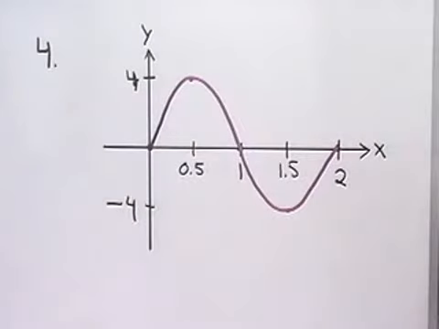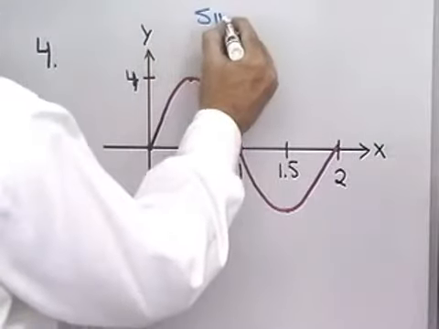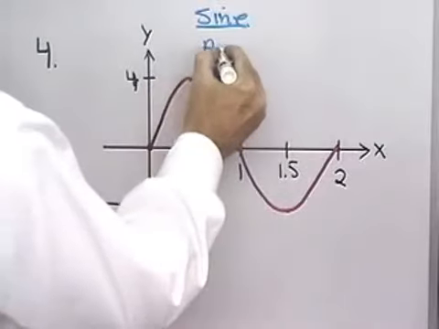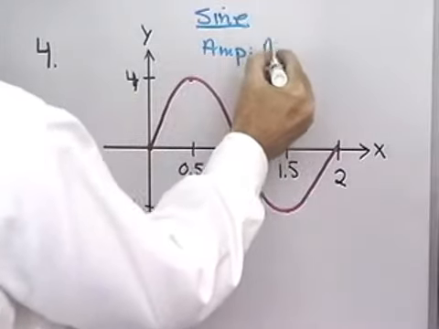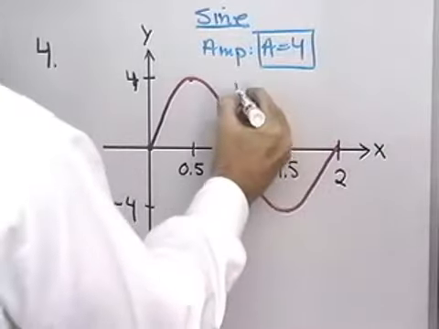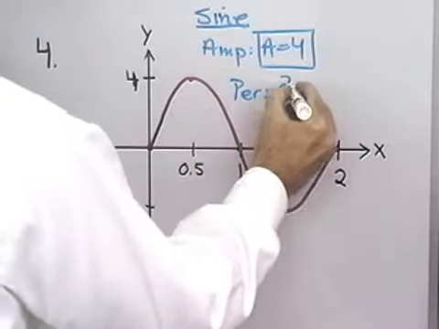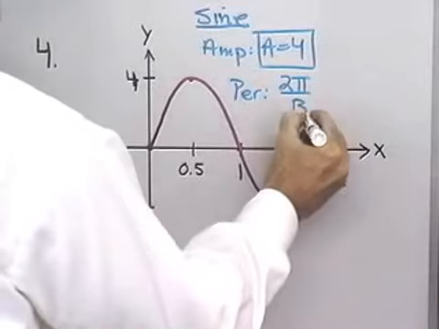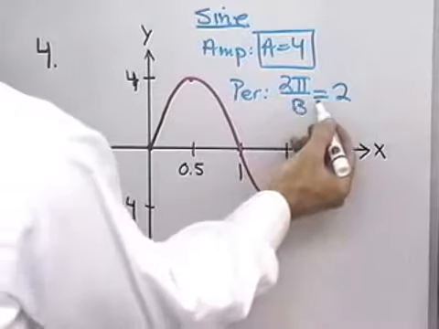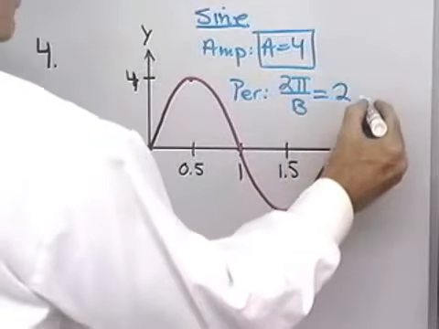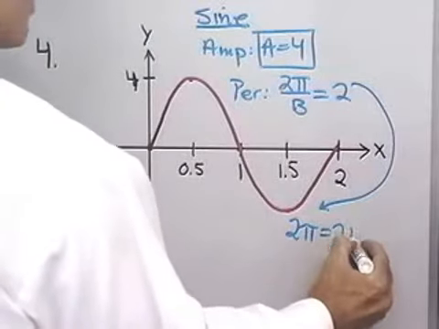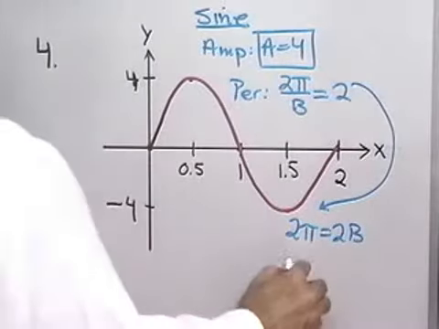This also looks like a sine curve, so I'm going to say, okay, it's a sine curve. My amplitude is 4, so that tells me that a is equal to 4. My period is 2. I know my period is always 2 pi divided by b. That comes out to be 2. Okay, I'm going to have to solve this equation. I'll multiply both sides by b and end up with 2 pi is equal to 2b. So b must be equal to